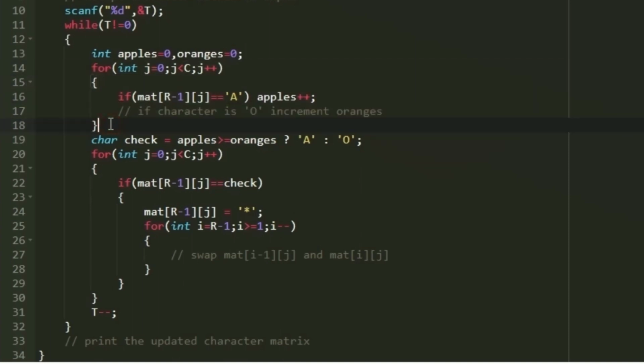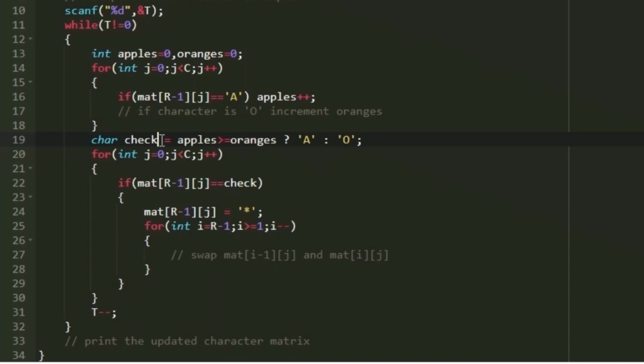So finally, after the execution of this loop, we know how many apples and oranges are present in the last row. Using this count, we are going to decide whether we are going to remove apples or oranges from the last row. So I am creating another character named check. I will be storing either a or o in this character check.